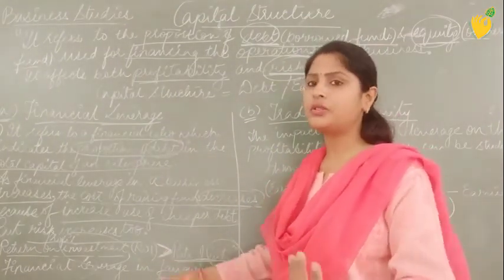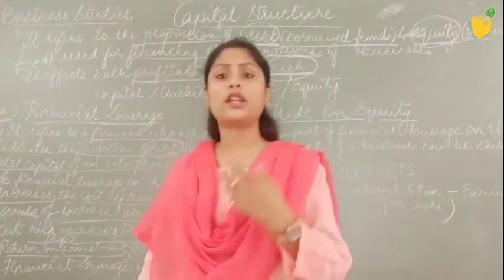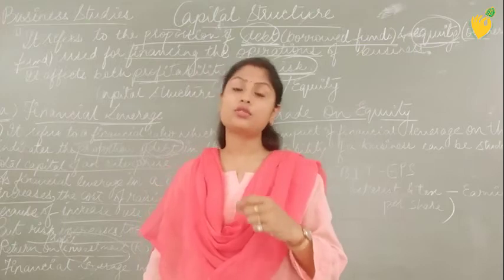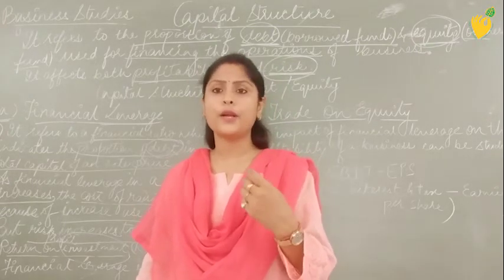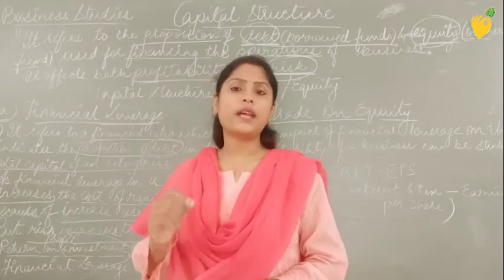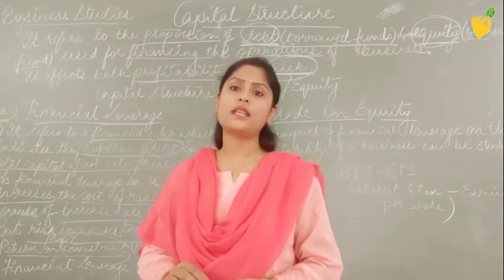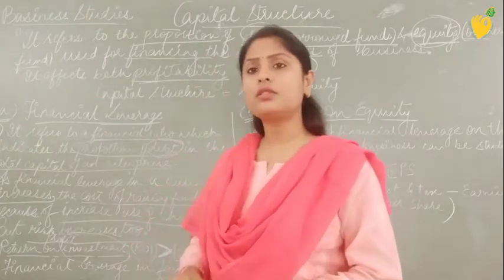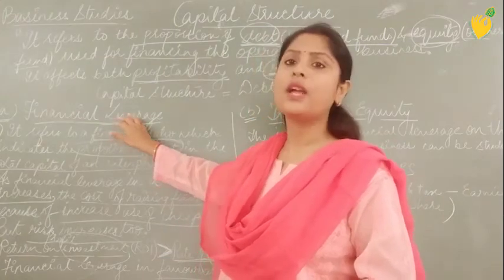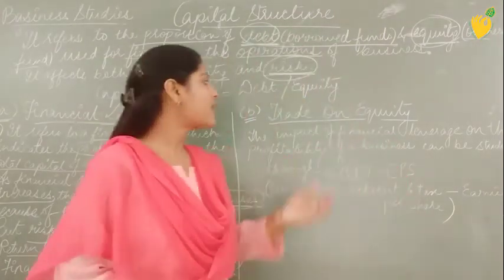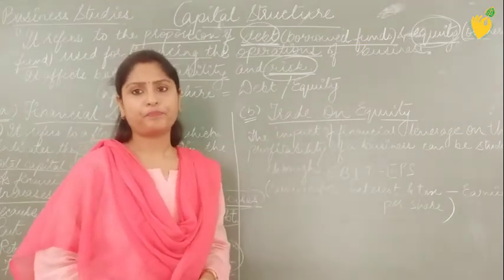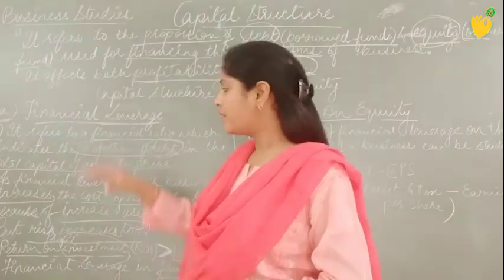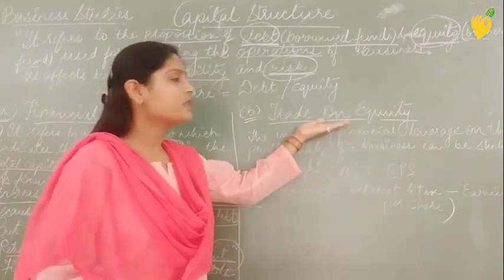And the unfavorable condition is just vice versa: when the organization has taken too much debt but the profit level is not increasing, and in that case the organization still has to pay back to the debtors, to the security holders, and that payment is taking place from the retained earnings or from the owner's fund. So that is an unfavorable condition. This is also considered as financial leverage and it is also called trade on equity. Remember, it is also called financial leverage, whereas these activities are also called trade on equity.